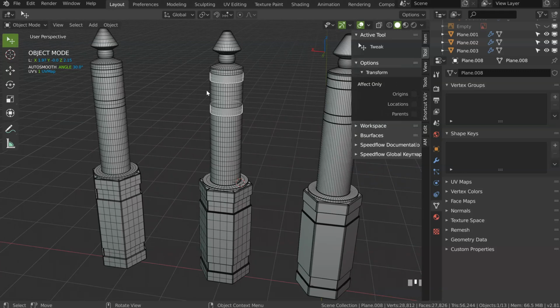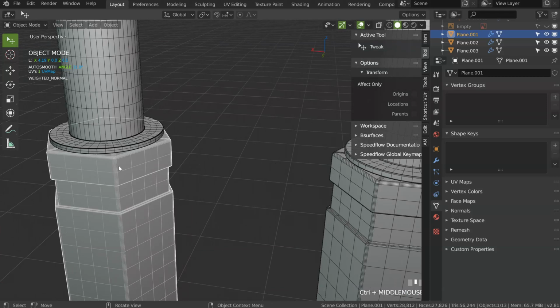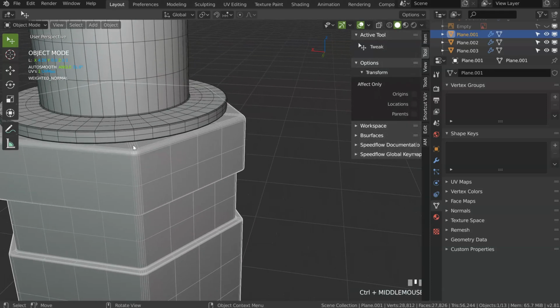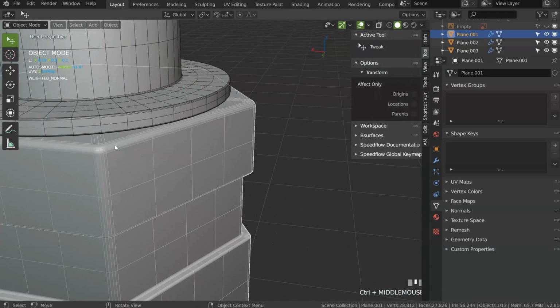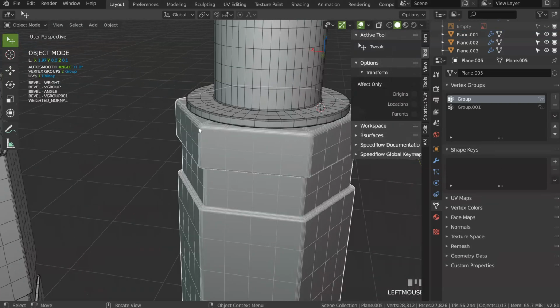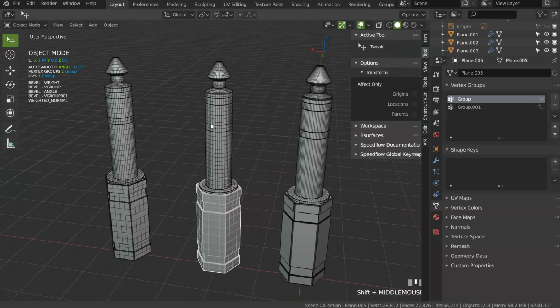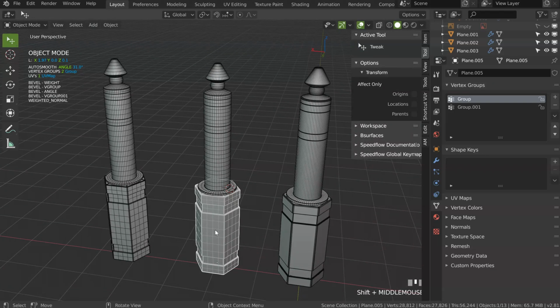But since it's semi-destructive, you will be able to make some additions, and on this one that will be a little bit more complicated. For example, if you want to edit this bevel, that will be complicated, but on this one, that will be pretty easy, because this is the first one. So you can edit this one. This is semi-editable, but you still can edit it if necessary.